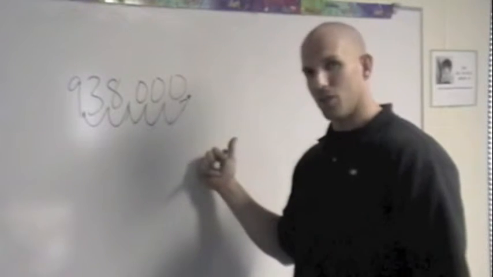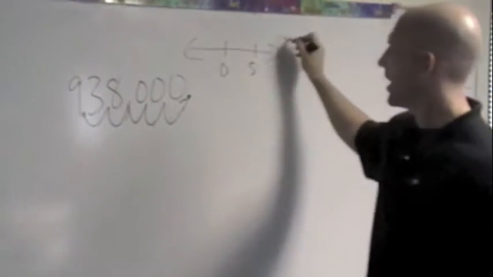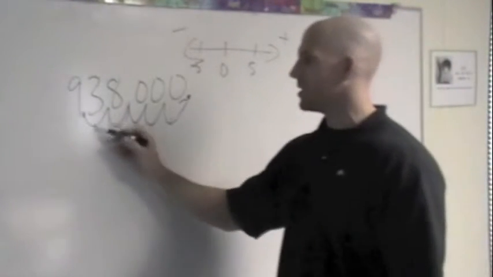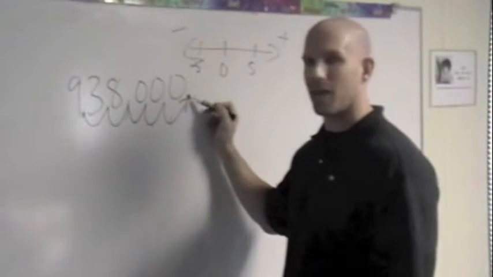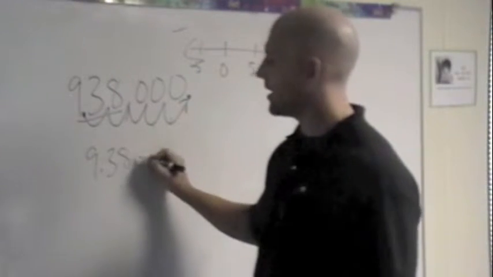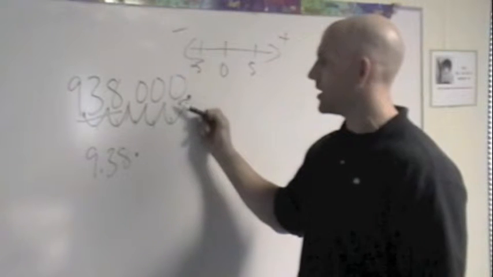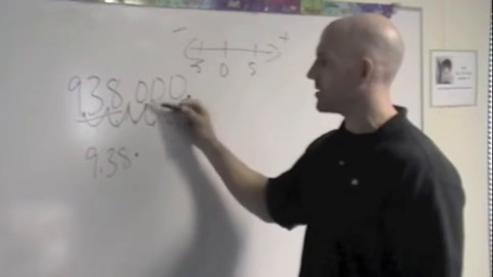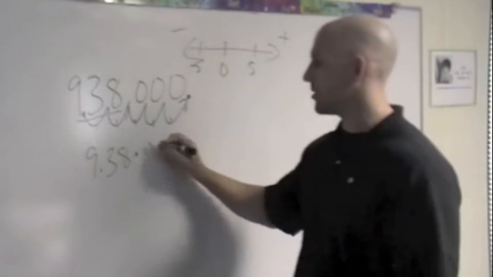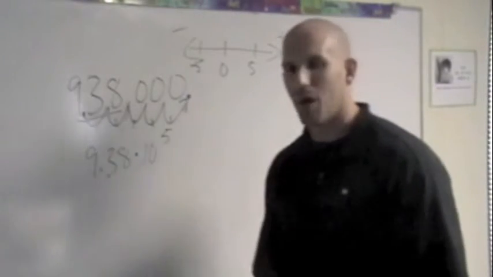To the right, we should know by now that on the number line, if I go 5 to the right, it's a positive 5. If I were to go left, it would be a negative 5. Well, this went 5 to the right to get back to where it should be. So we know we have 9.38, and each place value is worth 10. 1 times 10 is the tens place, 10 times 10 is the hundreds place, 100 times 10 is 1,000, and so on and so forth. So we're 10 to whatever power we have there, so this would be the positive 5